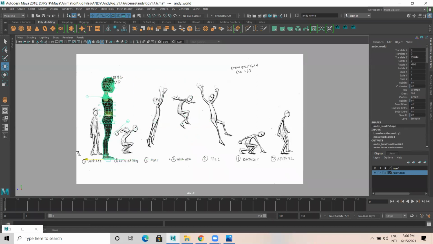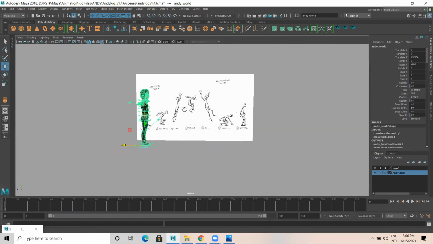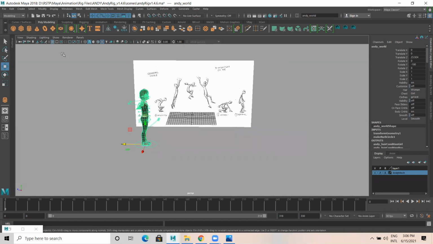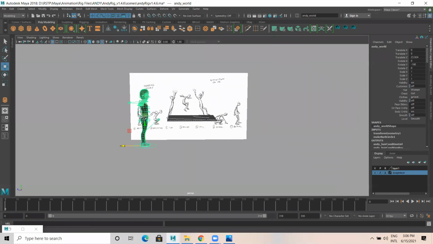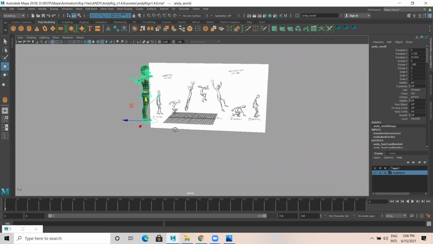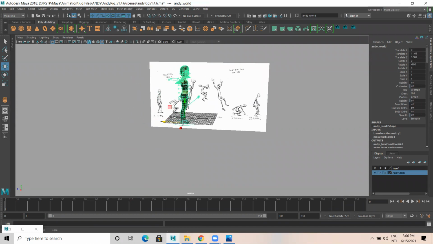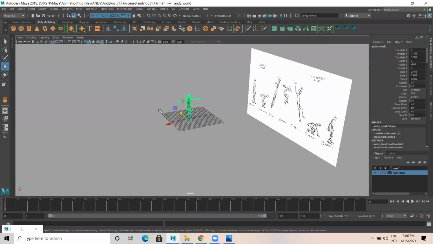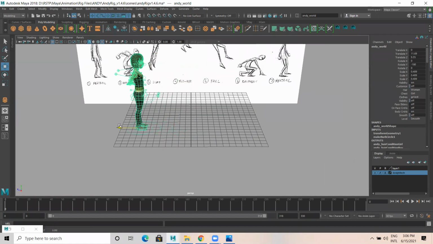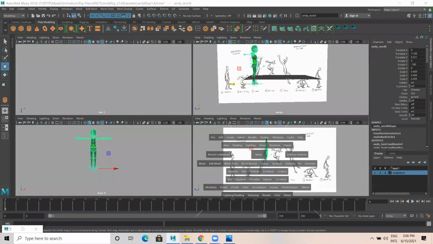I would like to place this in the back side. So you see how this character is standing. I would like to do that position. Okay, so I'll turn on the grid. I can place my character above the grid. I can make this one a bit smaller. Global controller, right? We can do it, not a problem.